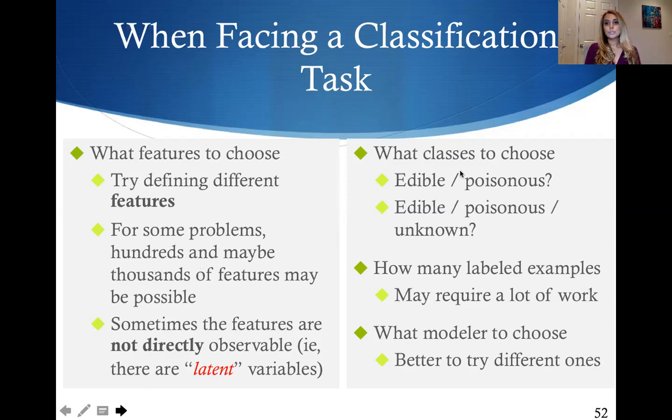Choosing the classes is also important. For the type of class, we have for example a binary class, like for the mushroom, is it edible or poisonous? Or should we do edible, poisonous, and unknown? How you choose your classes is important when you build your classifier. How many labeled examples do you need? What should be the volume